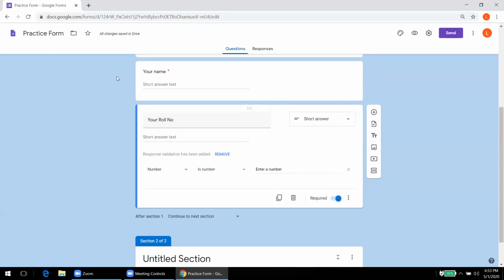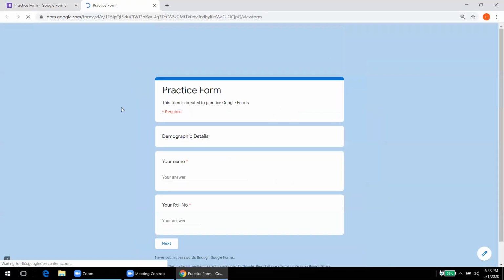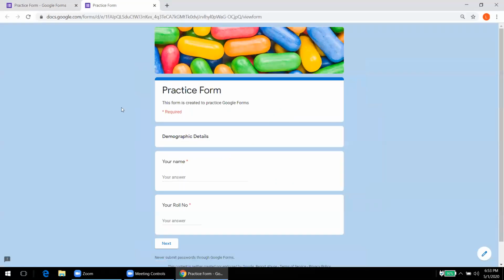Okay, now simultaneously we see this is the second button. So this was theme and this is second. This is preview. Preview means how this form will look from the student's point of view. So when we click on this preview, we will see the form the way the student will see it. Here it is written, the star mark questions are required. So the questions that we had marked as mandatory have a star mark.